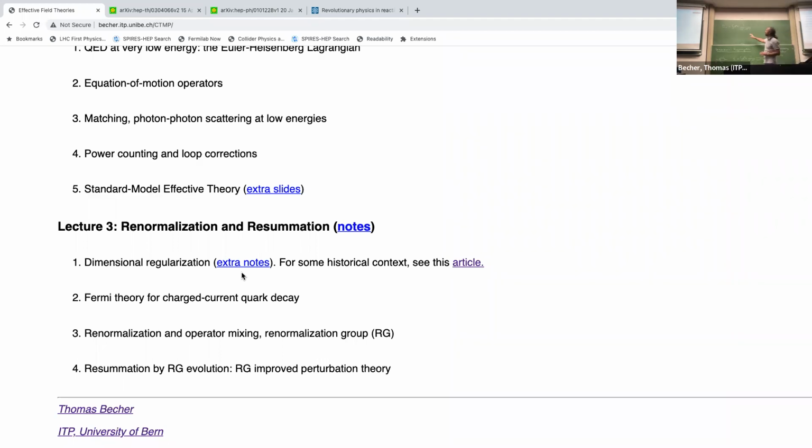We have to define them in such a way that they're not just infinite, so that we can start computing and extracting the divergences. Once you have extracted the divergences, you would want to take them away, absorbing them into the couplings. This is the renormalization part. Good. And now you can ask yourself how to proceed here. Of course, the simplest thing is just to put an upper cutoff on this integral here.